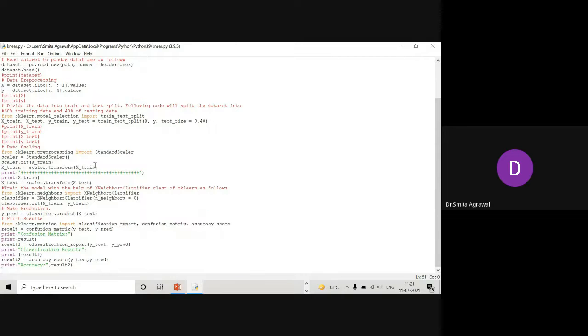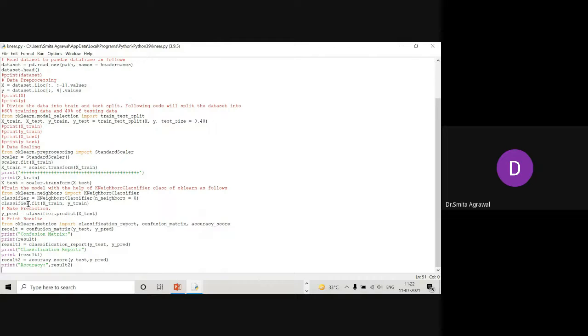In machine learning algorithms, all the data that we have needs to be transformed into a numerical data set to perform this particular operation. So in the next step, from sklearn.neighbors import KNeighborsClassifier. This is the inbuilt package in Python that we have imported here to apply the k nearest neighbor algorithm. The next step is classifier is equals to KNeighborsClassifier, and n_neighbors is equals to 8. That means the value of k is 8 here. We have chosen the number of neighbors 8.